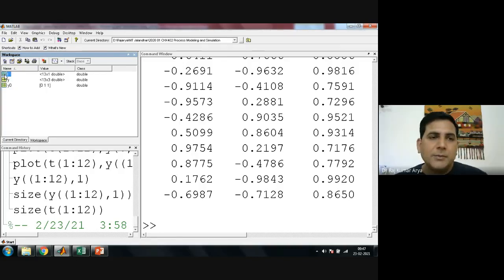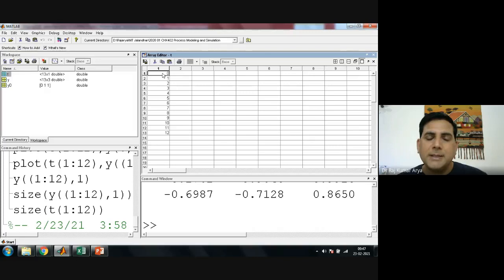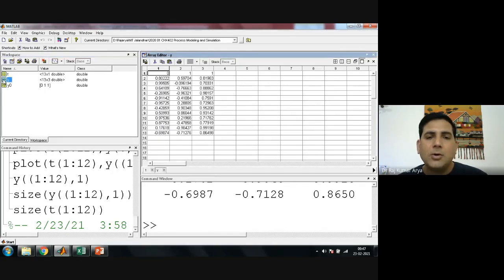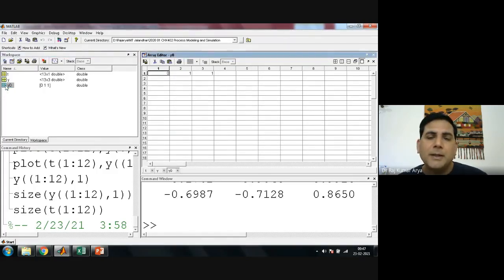If you click on y, you will get a matrix here. It will give all t here, so this was for time. All values of y would be stored here, from the starting onwards. First one is at t equal to 0, then 1, 2, 3, and in total you have 13 values because you are solving for t equal to 12. These are all the y values. First one is for y1, second is for y2, third one is for y3. Then obviously you have this y naught which you gave the initial value. Those are just here only.